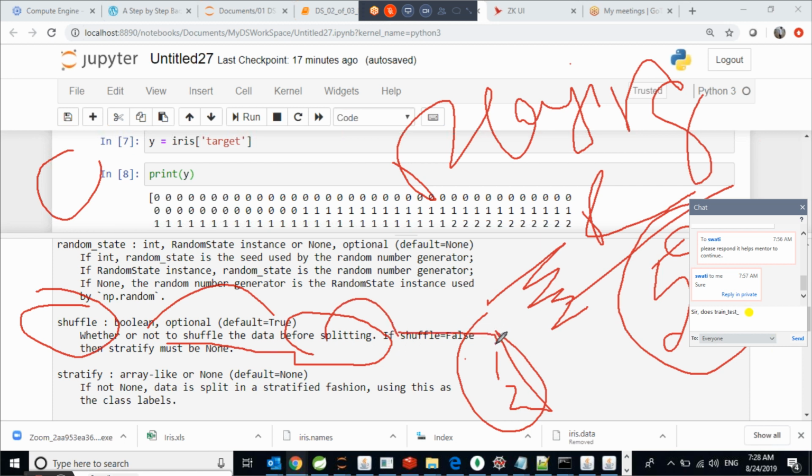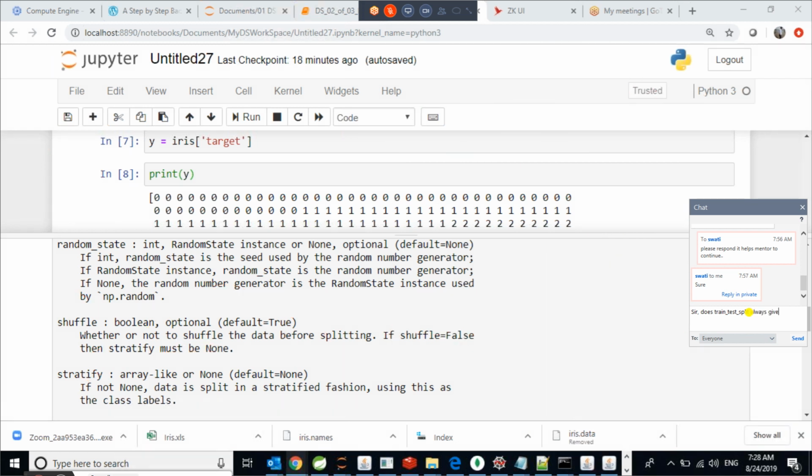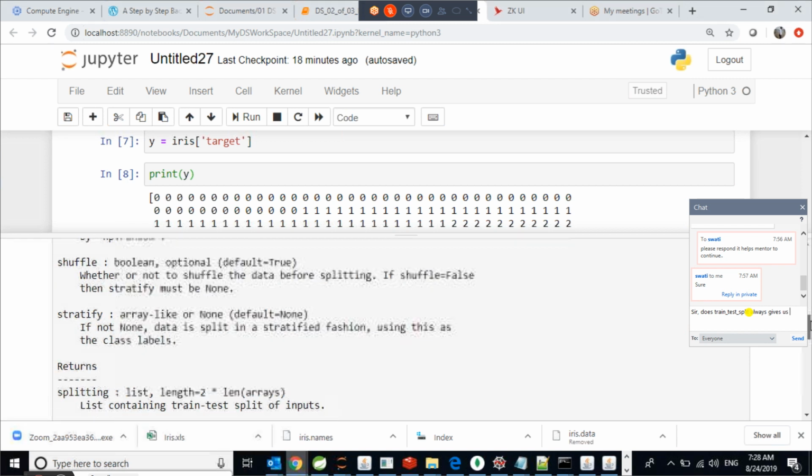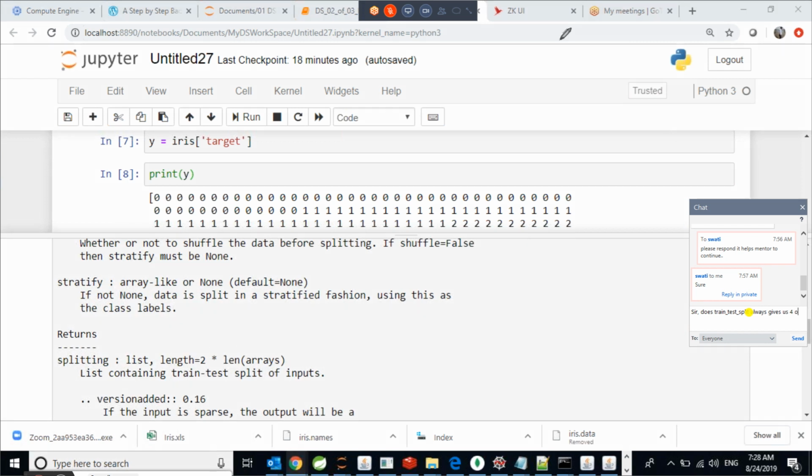If shuffle equals false, the stratify must be none. So shuffle should not be false. Then only you can apply stratify. So what is the meaning of stratify? I have already described it here. Stratify means